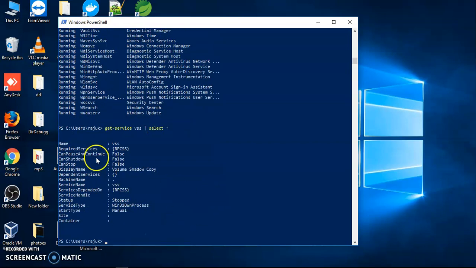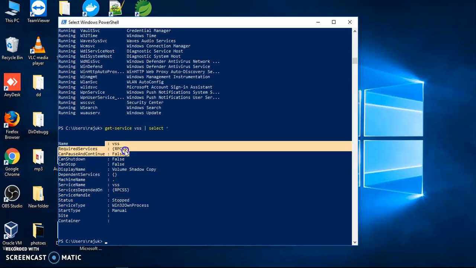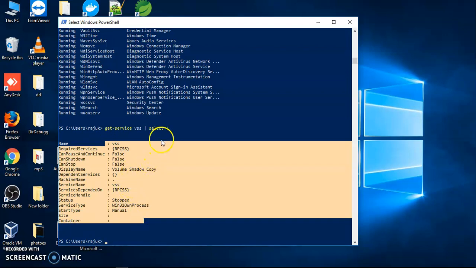You can see here, this is showing the name. The service name is VSS, and its status is stopped. Right now this service is not running in the background, and it is dependent on RPCSS. This is the total service information. Like this we can check.